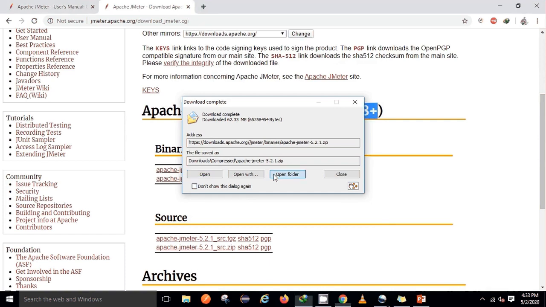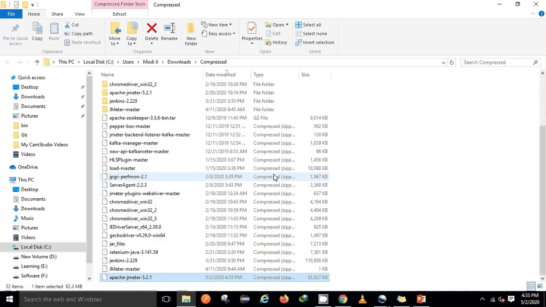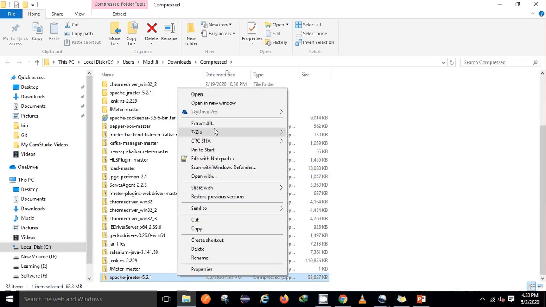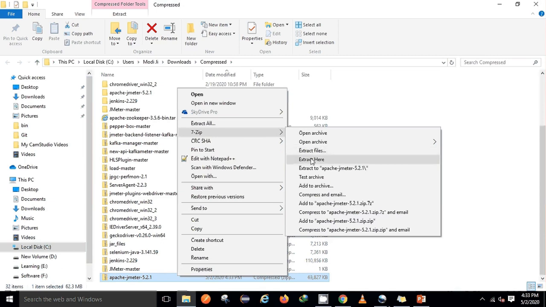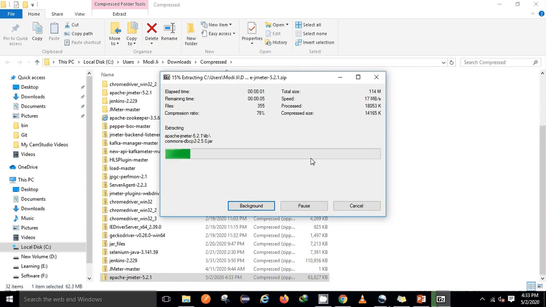So open the folder. Where is my Apache JMeter? Apache JMeter 5.2.1, I got a zip file. First of all, I'll unzip it. So extract all, extract here, extracting the zip file.